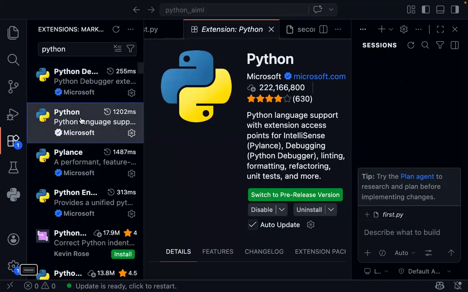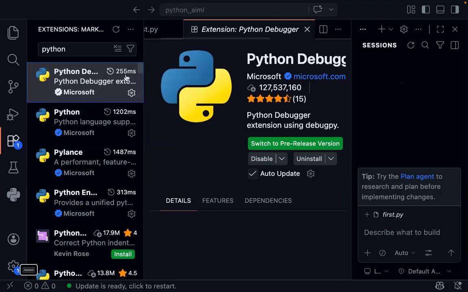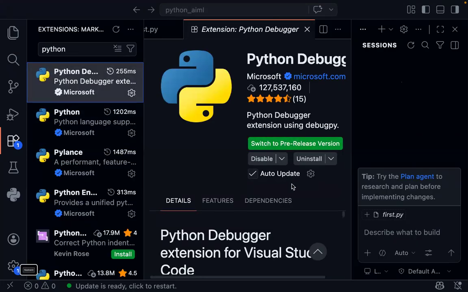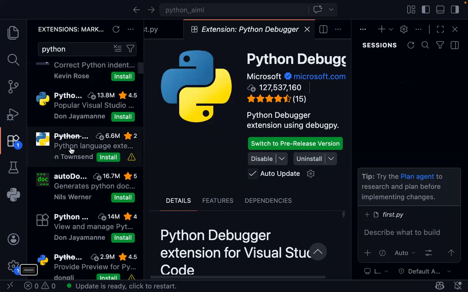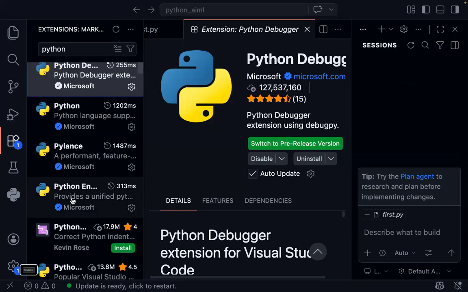So after installation of Python is done, guys, I want you to go to Python debugger and also install Python debugger. Same process. Okay. So after installing Python debugger,